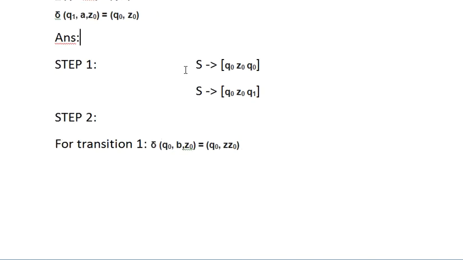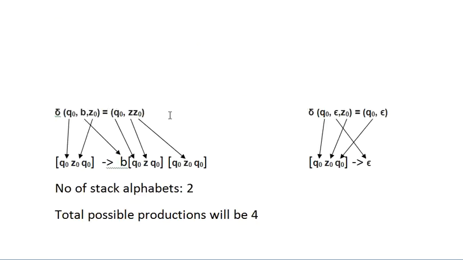Step number 1 is already done for the start production. Step number 2: now I have this production which is a push operation, right? You have to keep in mind how to write down this push operation. For that I have drawn this format. It will be easy to remember. If you have a transition of this format,